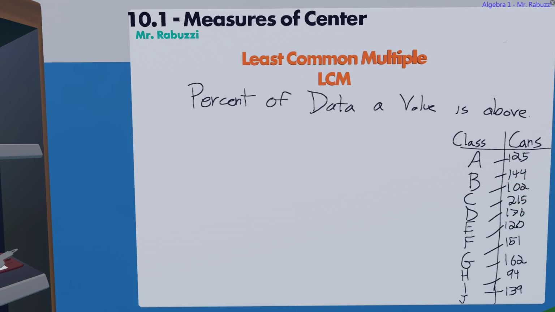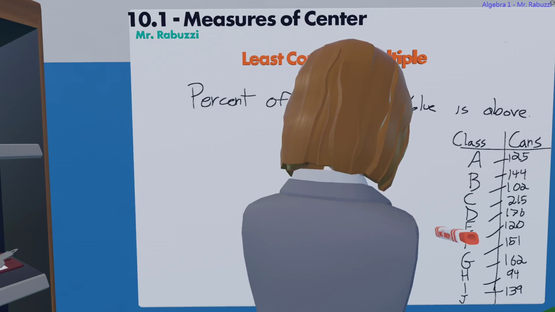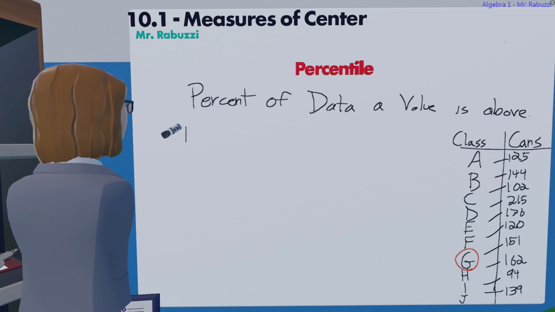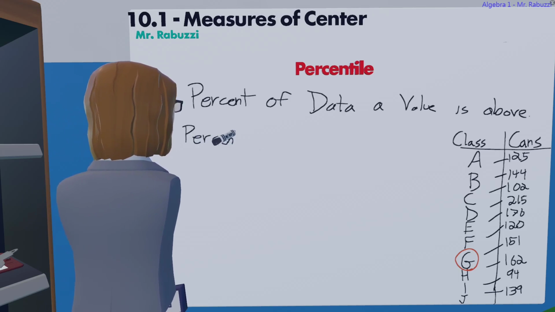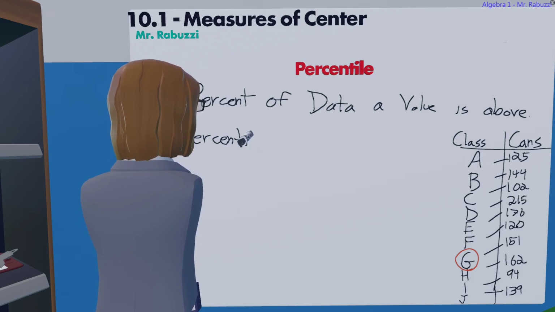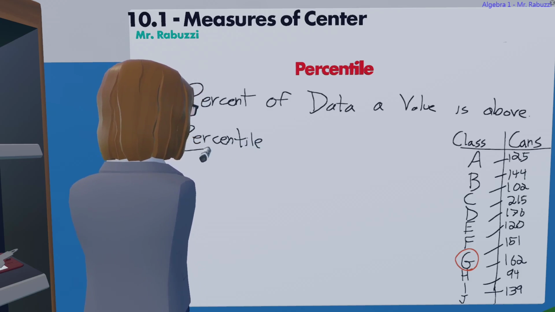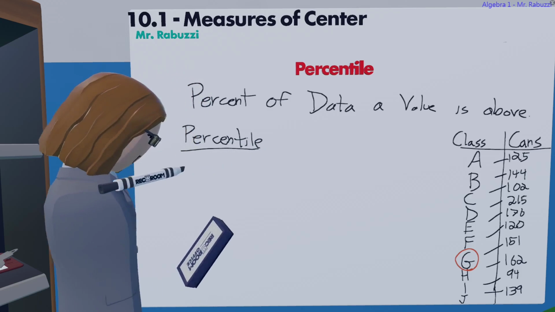And we want to know the percentile of Class G. Okay? We're going to pick a class. So it's going to be Class G that we're looking at down here. To find the percentile, here's our little formula. This one also has a formula like mean. Percentile is